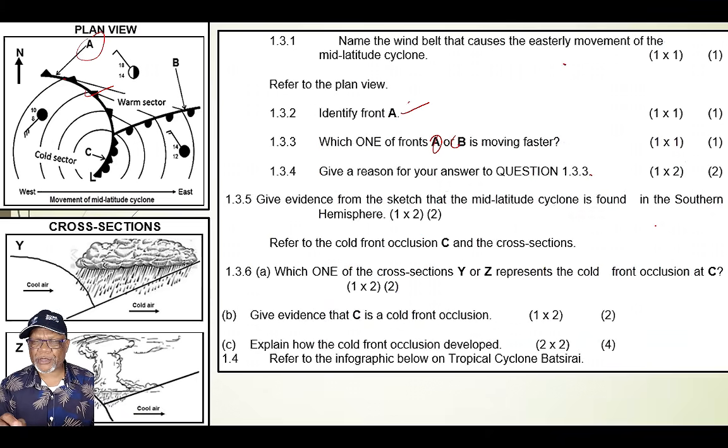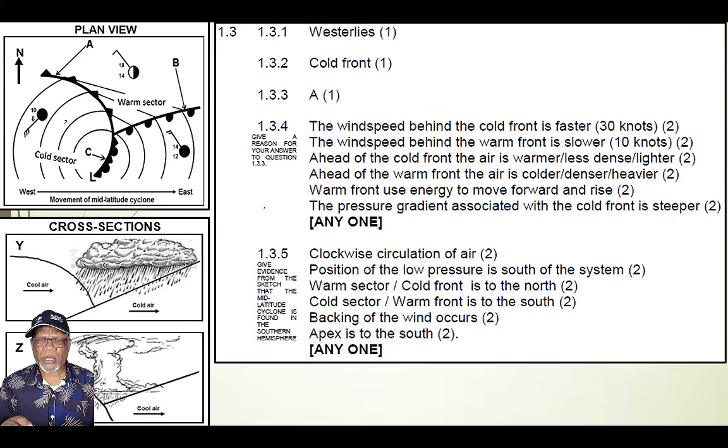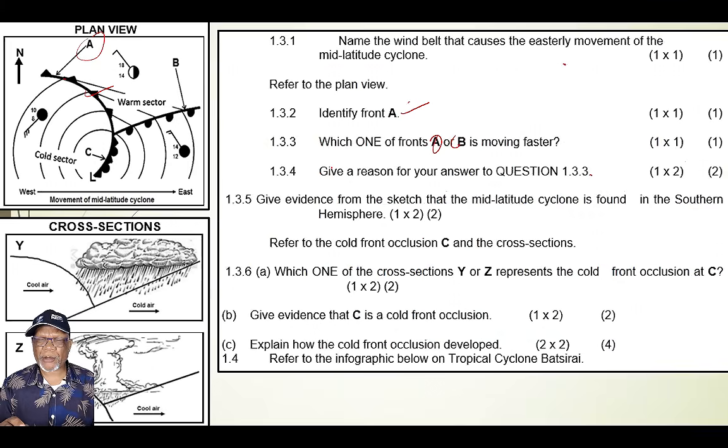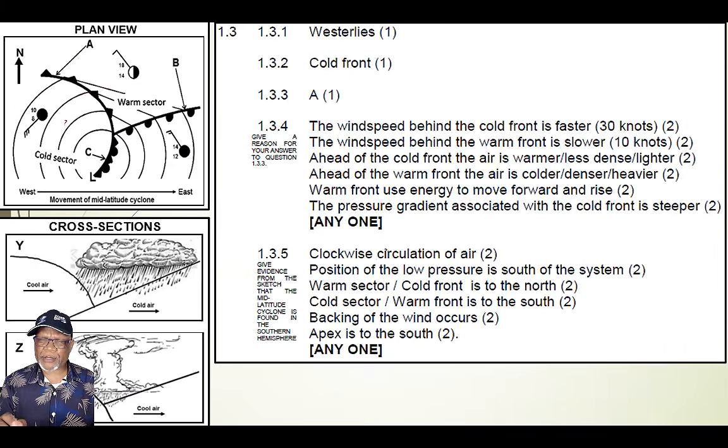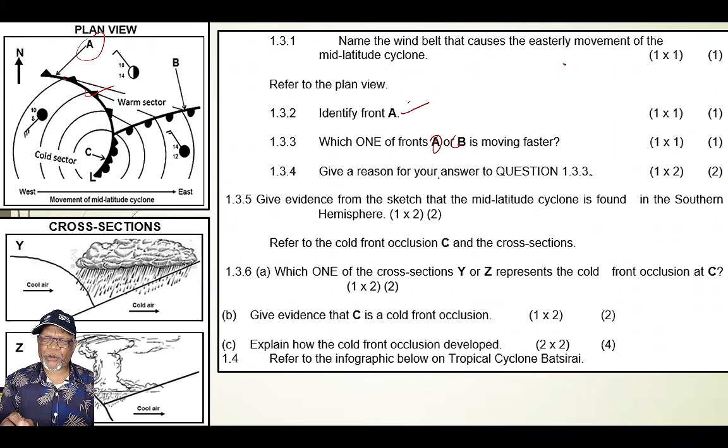So those are the questions that you expected to give there. I'm looking at the wrong questions here. I'm answering the wrong question. Give reasons for your answer. Here was, why is it moving faster? So those are the answers that you could give. So here, these are the answers to 1.3.4, this one. And now let's move to